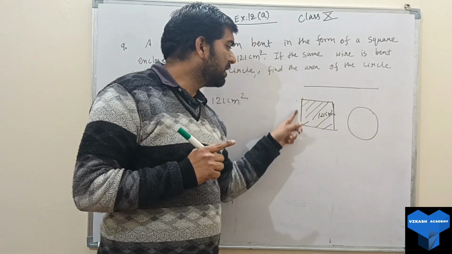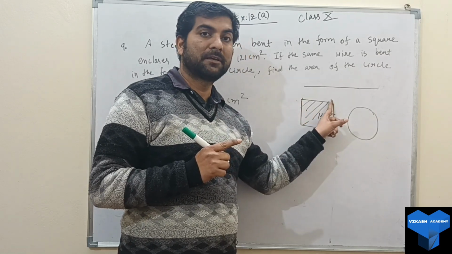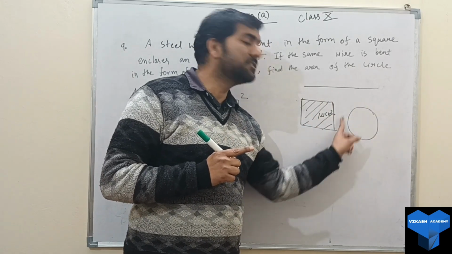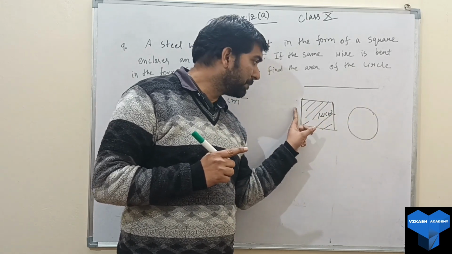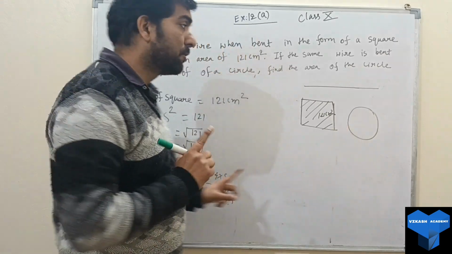So what do we call that? Here we call this boundary, we call what? Perimeter. Length of wire means perimeter, right? And here length of wire means what? Circumference. So we can write what? Perimeter of a square is equal to perimeter of circle. Yes. Why? So we'll write